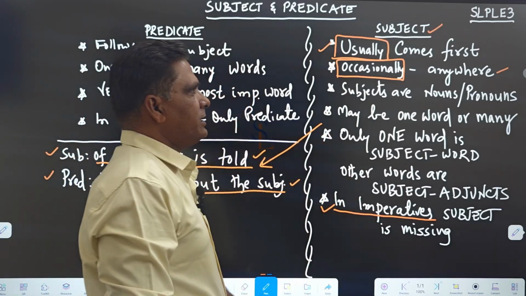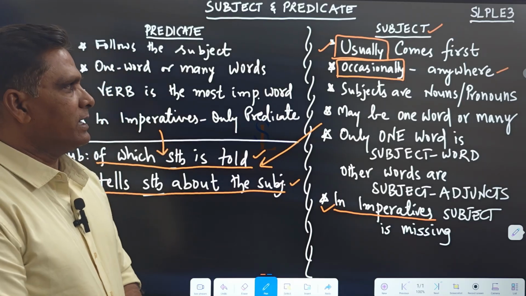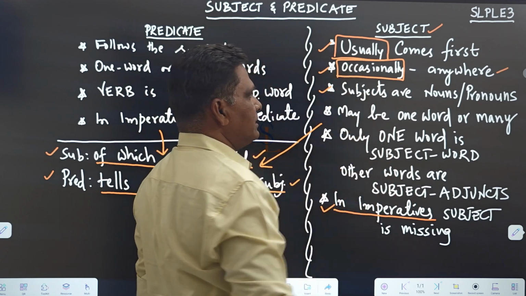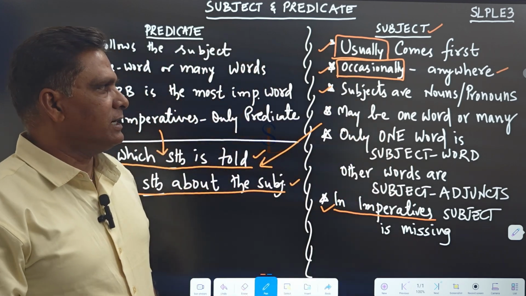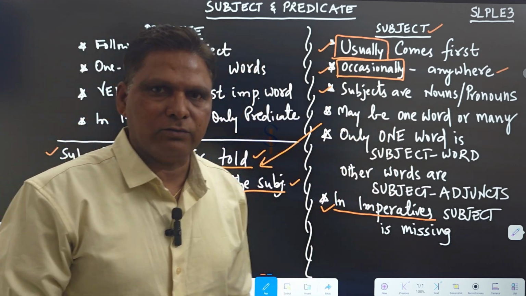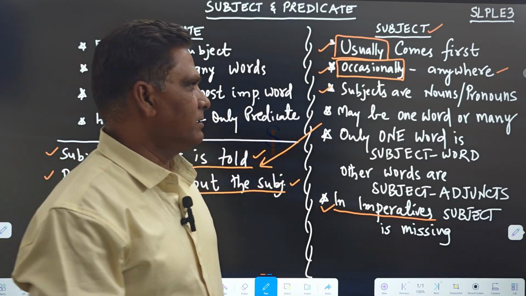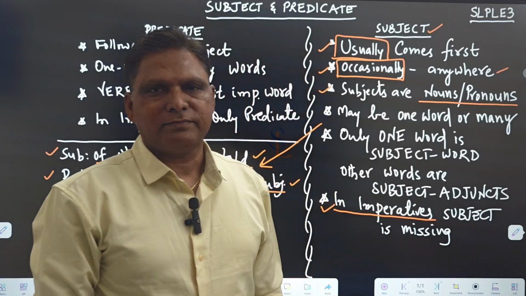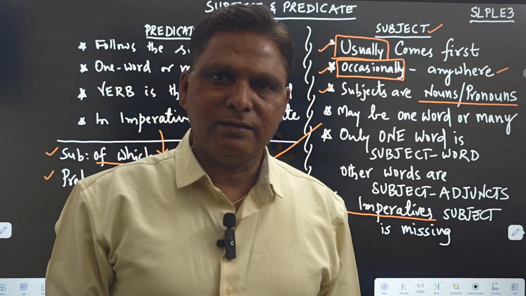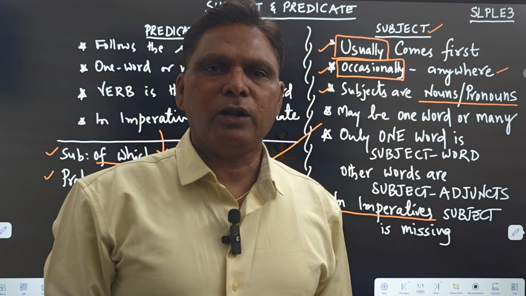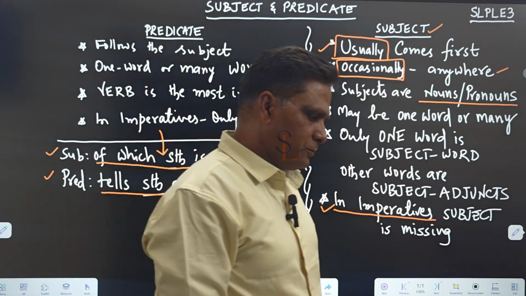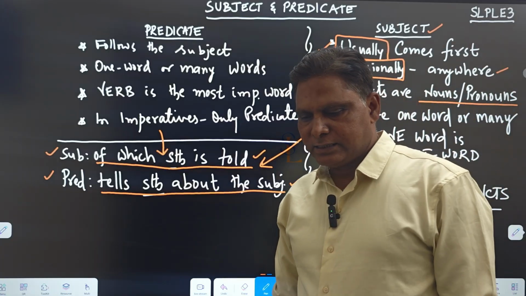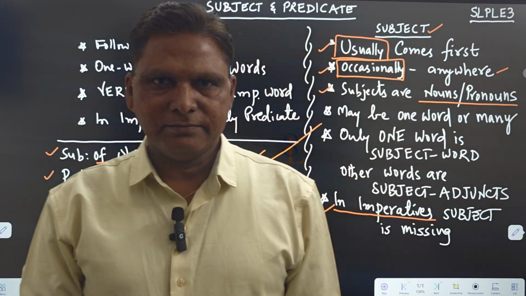So, the first point: the subject usually comes first, though occasionally it may be put anywhere. Another important thing to remember is that subjects are always nouns or pronouns. But remember, not all nouns and pronouns are subjects, but all subjects are definitely nouns or pronouns. So if I give you a sentence and ask you to identify the subject, then what